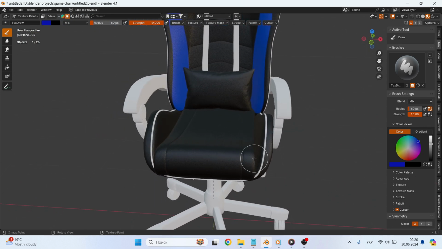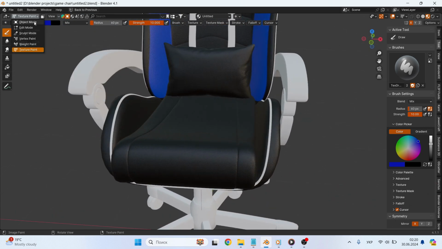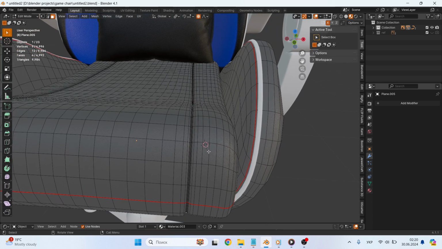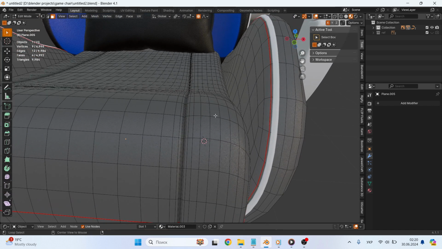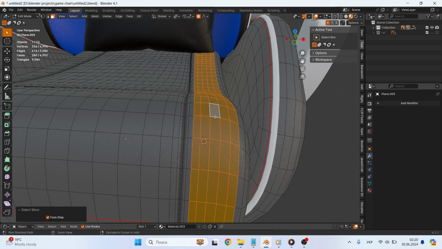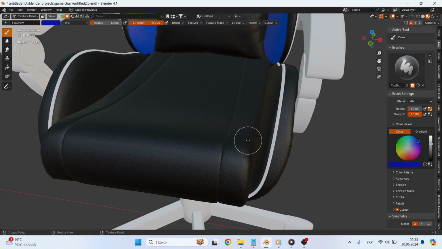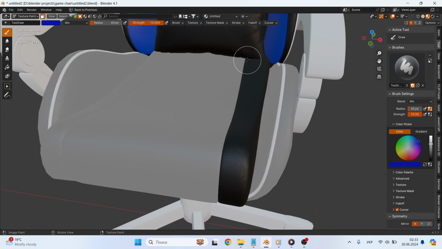We go into editing mode, switch to the face mode, hold down Alt and select the face loop approximately somewhere in the middle. Using the combination of buttons Ctrl and plus we add faces to our selection. Now I do not cancel the selection. Turn off the editing mode. And at the top left, turn on the paint mask icon. And now we can paint without fear of stepping over the line.